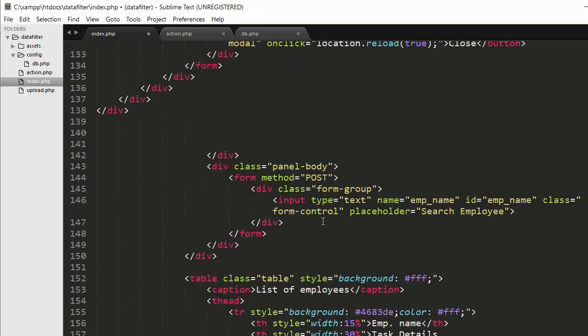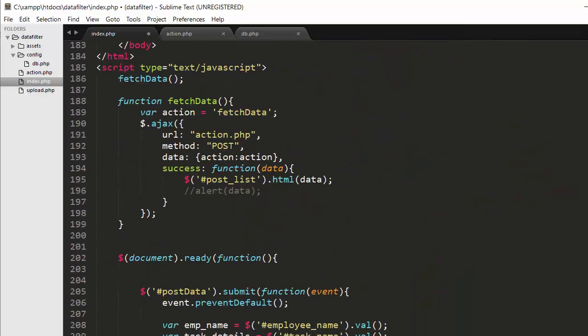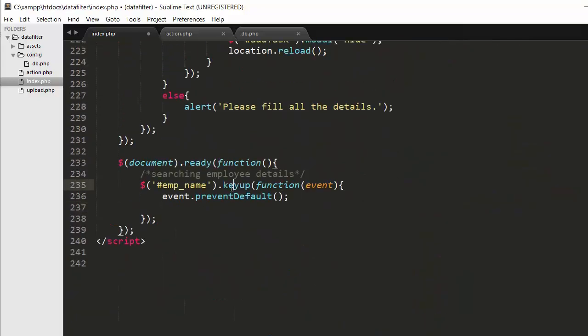So this is my search box. Emp name is the id of the search box, and the same id I'm using here in my jQuery code. So emp name dot keyup event, as I said, I'm triggering a keyup event whenever someone types a letter inside that text box.